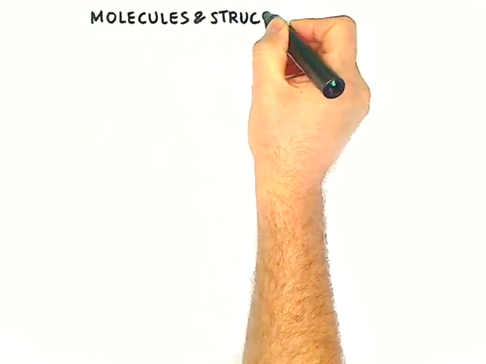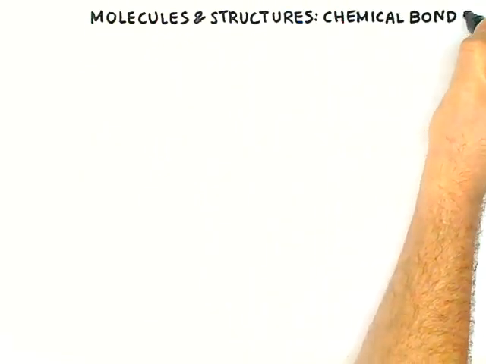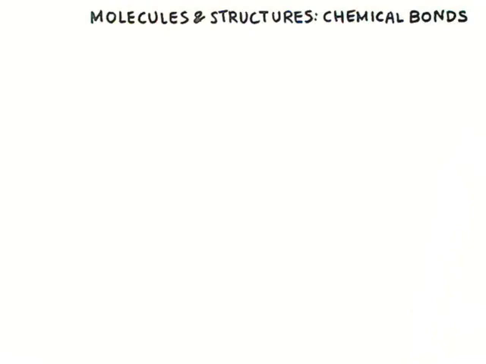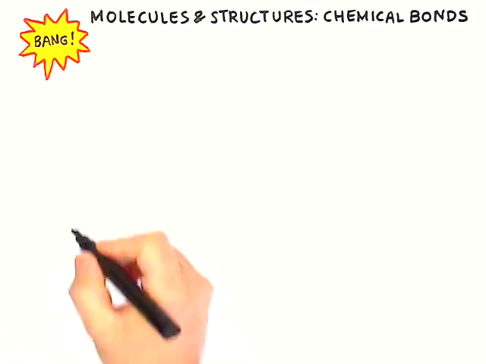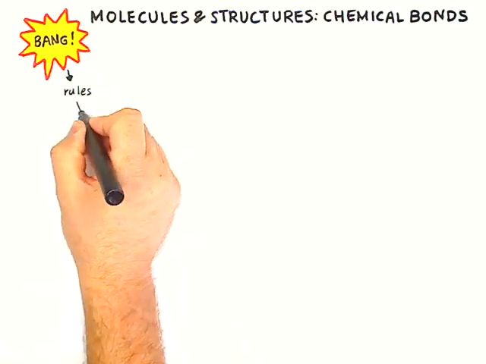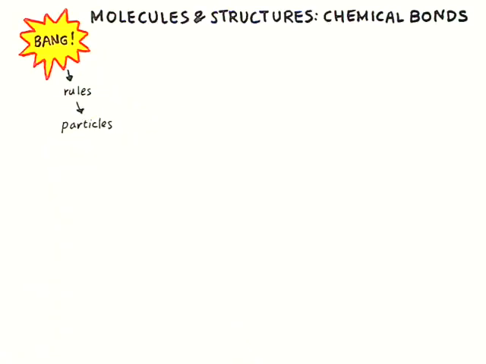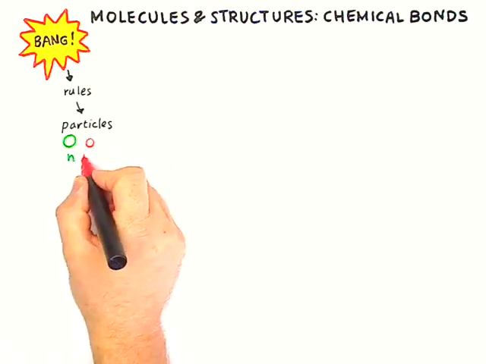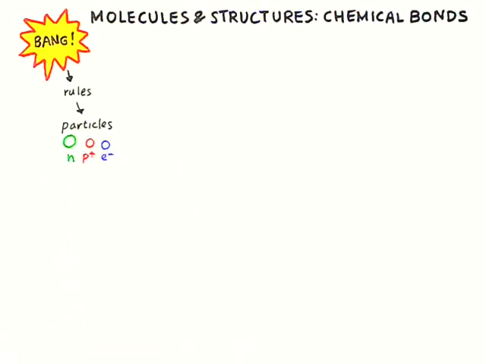Molecules and structures, and chemical bonds. How did it all happen? Well, before the beginning of times, there was nothing. Then there was a Big Bang. And this brought about the rules necessary to build the universe and particles as building material, in particular neutrons, protons,